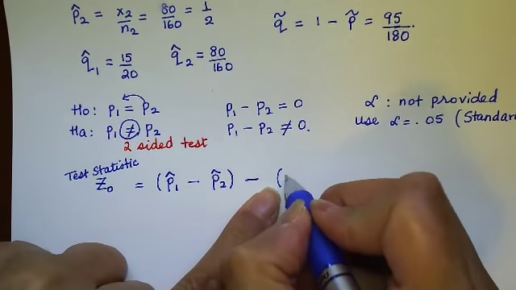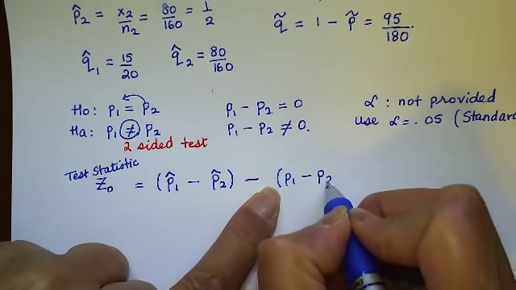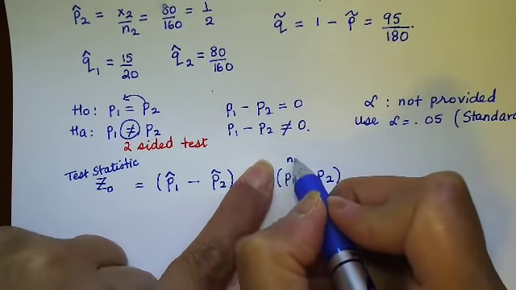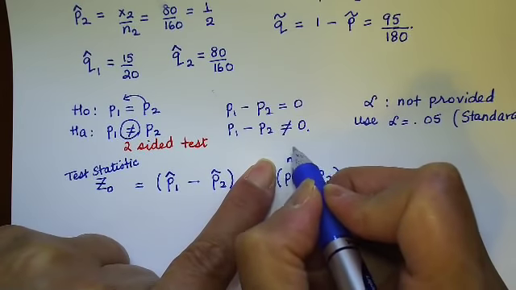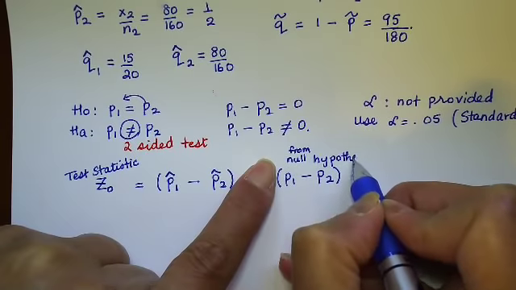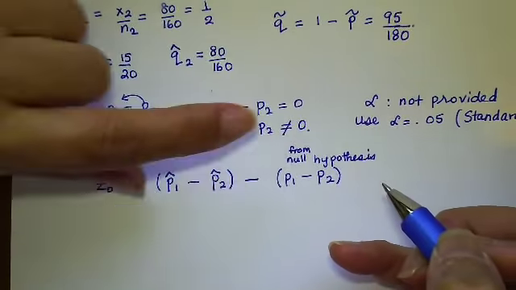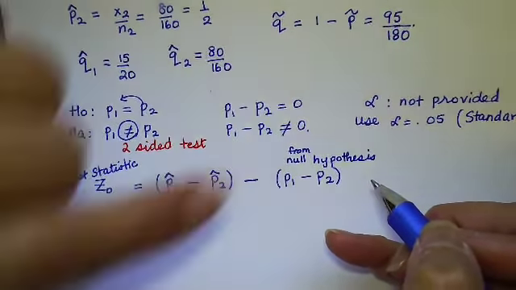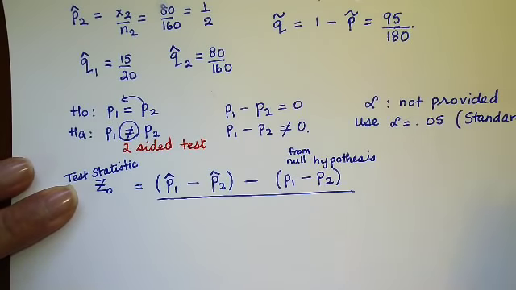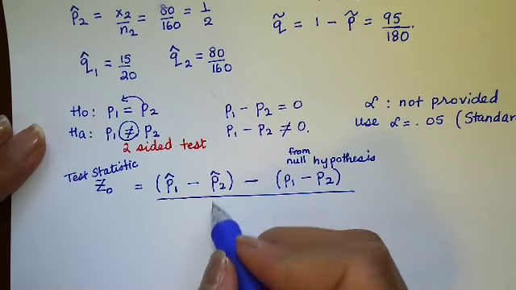So I take the difference in the sample proportions minus P1 minus P2 obtained from the null hypothesis. So in my case today, this would be 0, divided by